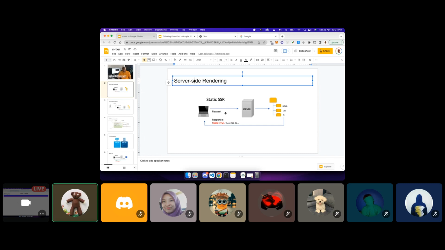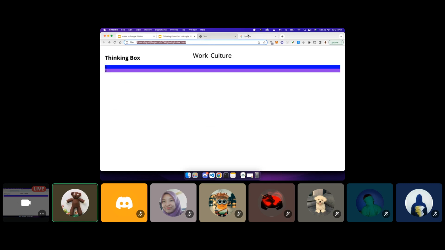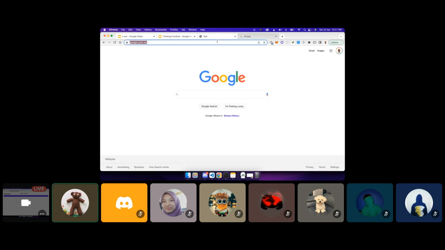Server-side rendering is that whereby every time you have a request, contoh macam ni lah. Macam ni is a simple HTML page, basic. Betul tak? So, kalau kita pergi